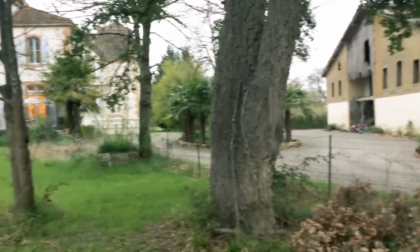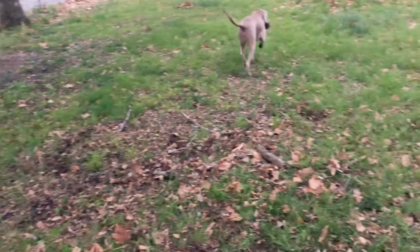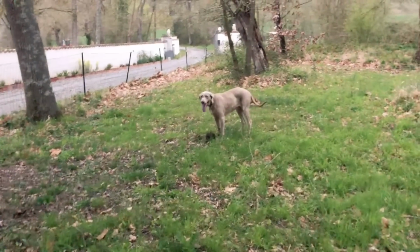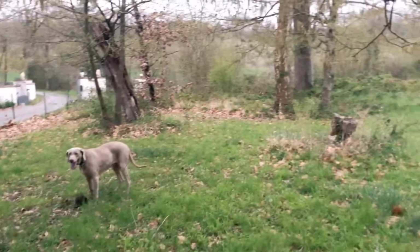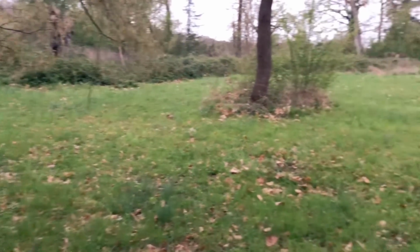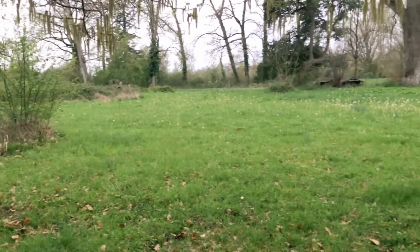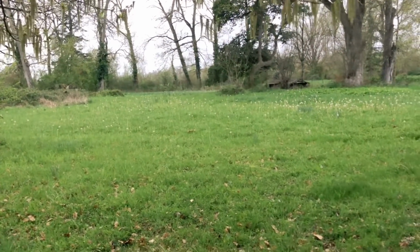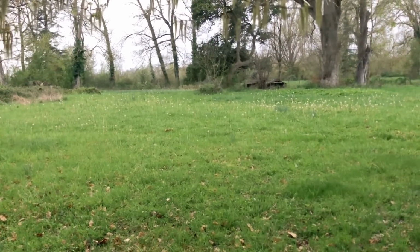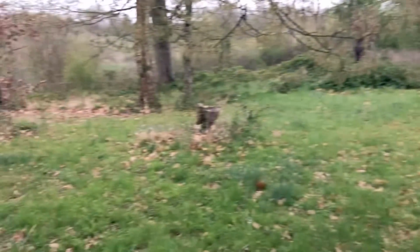So, Chateau, leave it. I need to stop Chateau messing around. Put it down. No. Chateau has come across. This is some of our parkland. We leave it wild in spring for the early pollinators, and they'll have made the most of all these daffodils that have now gone to seed. All the daffodils that I've just finished and the dandelions that have gone to seed. I'll show you more about this in a minute, but for now I need to get Chateau off. Drop